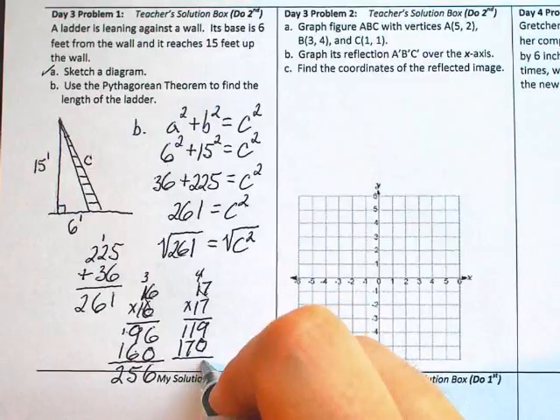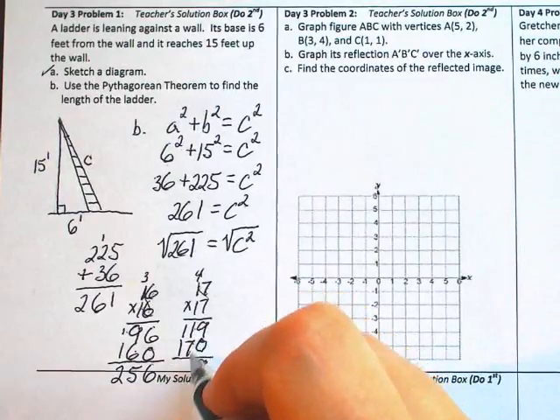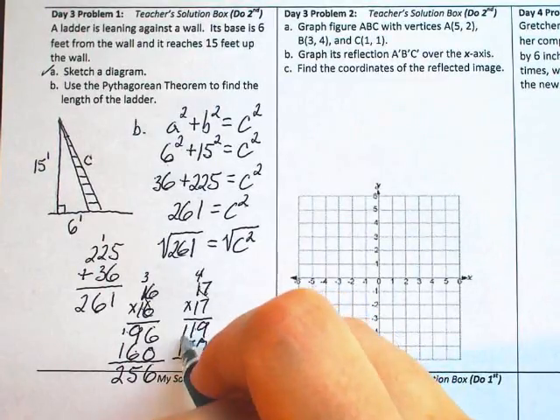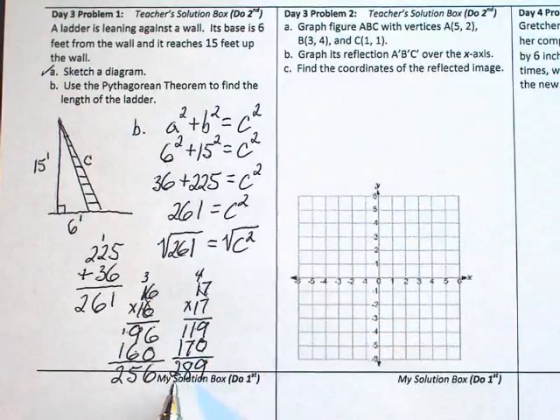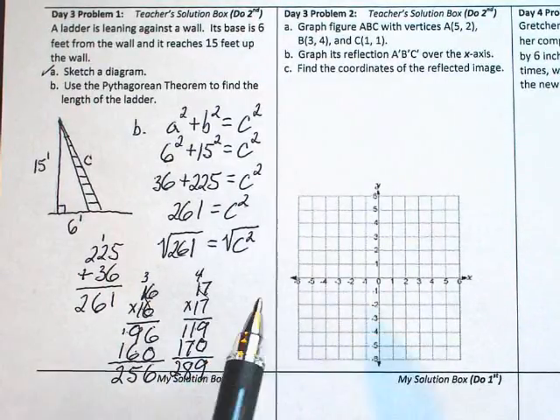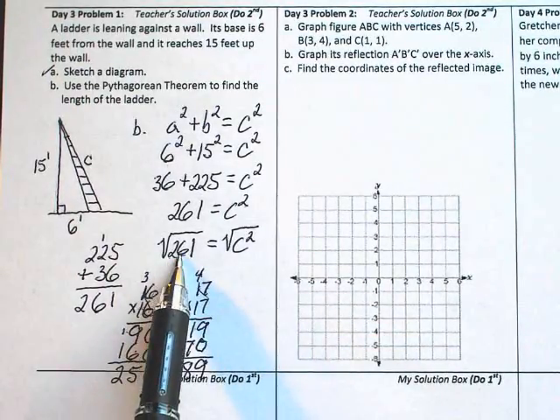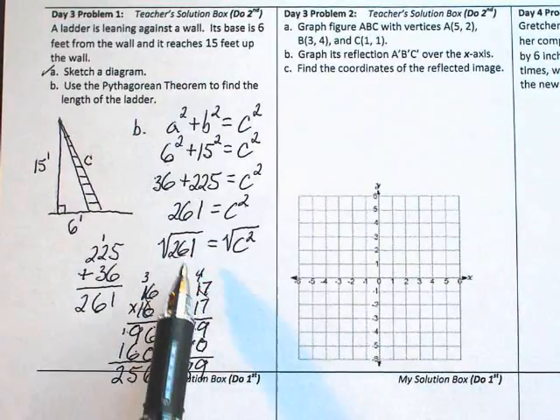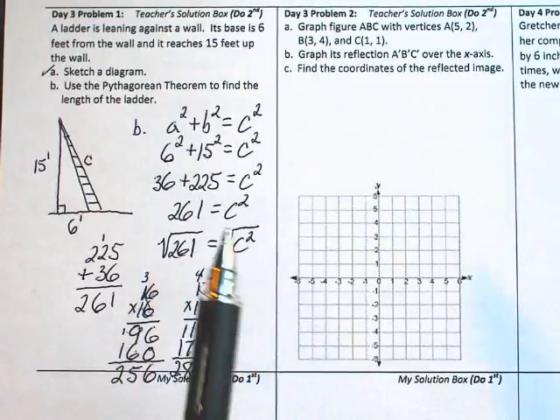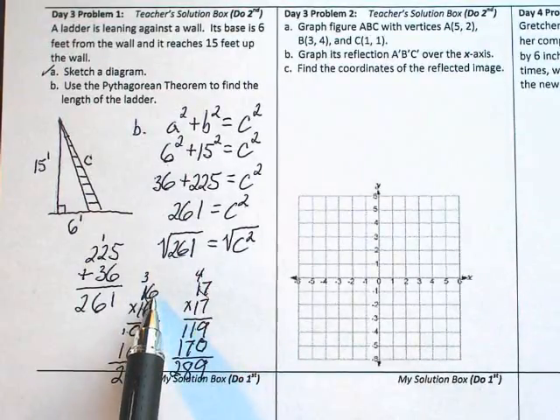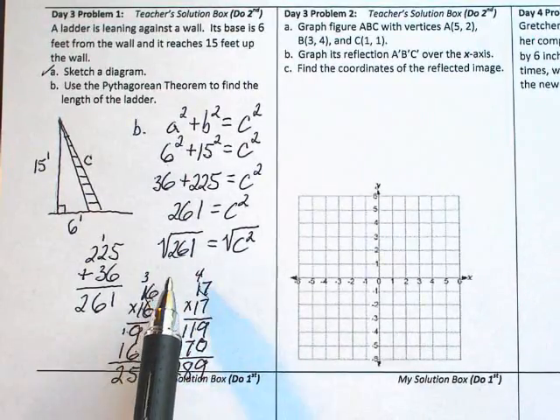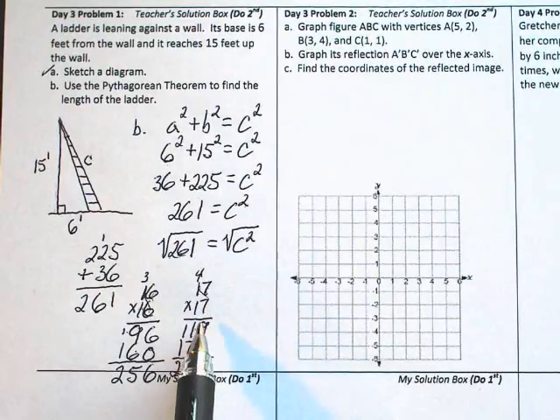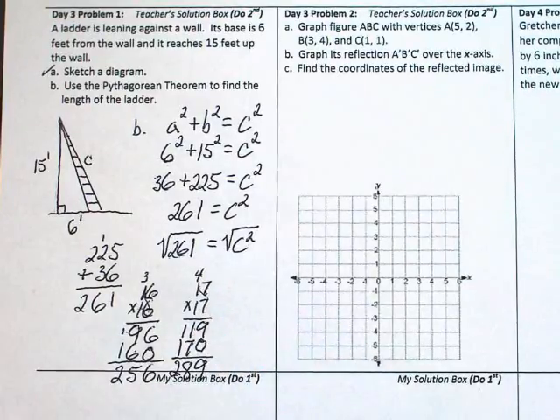So 9 plus 0 is 9. 1 plus 7 is 8. And 1 plus 1 is 2. This is 289. That is larger than 261, quite a bit larger than 261. So the square root of 261 has got to be more than 16, but it does have to be less than 17. So it's going to be some sort of decimal,